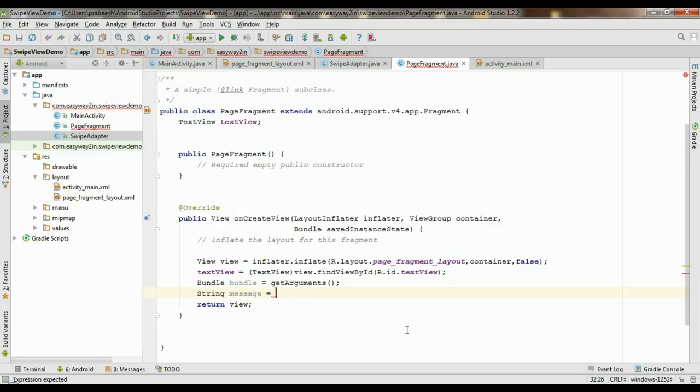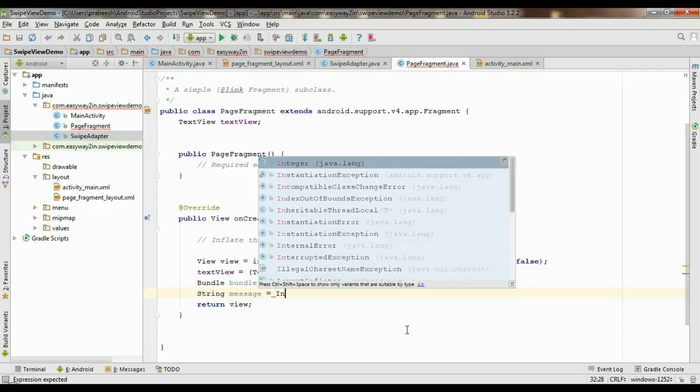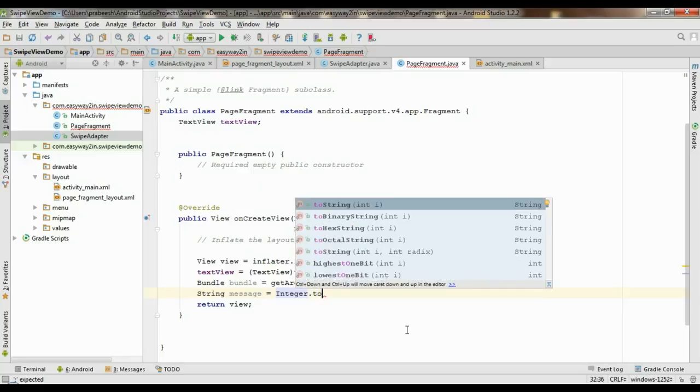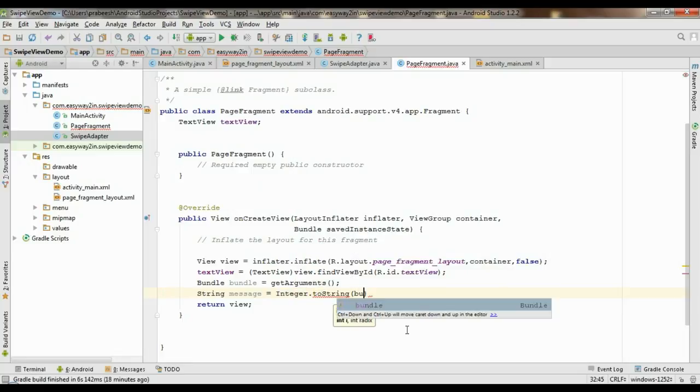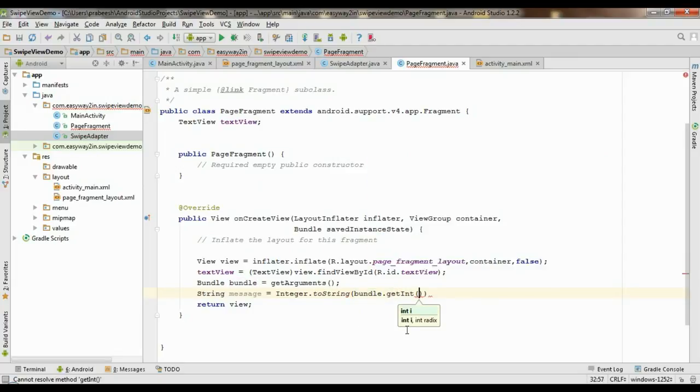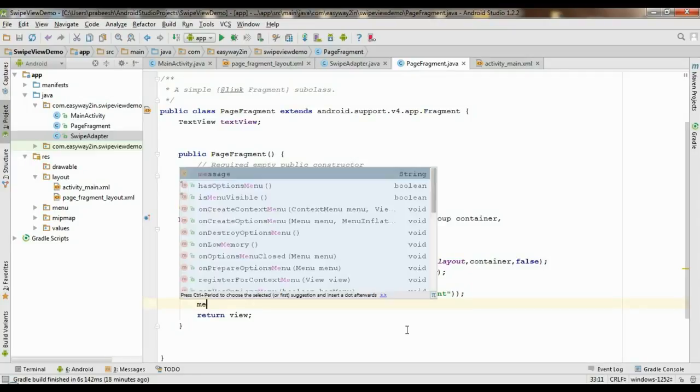So String message equal to Integer dot to string, bundle dot get int, and the key is count. This will get the integer from the bundle object